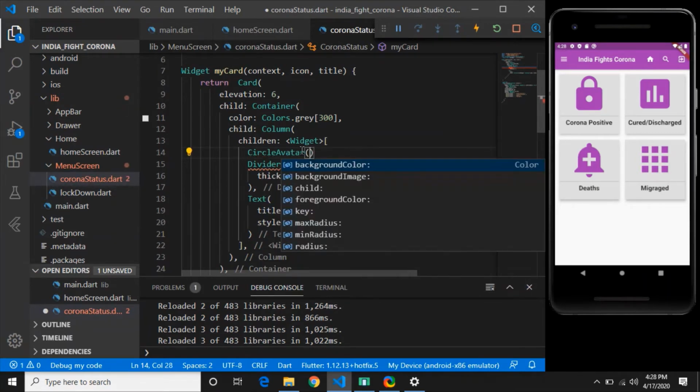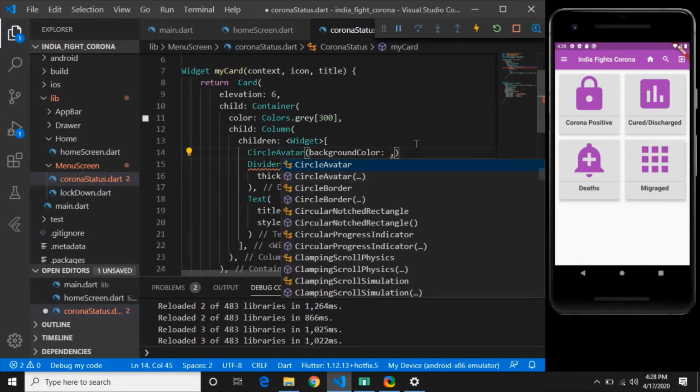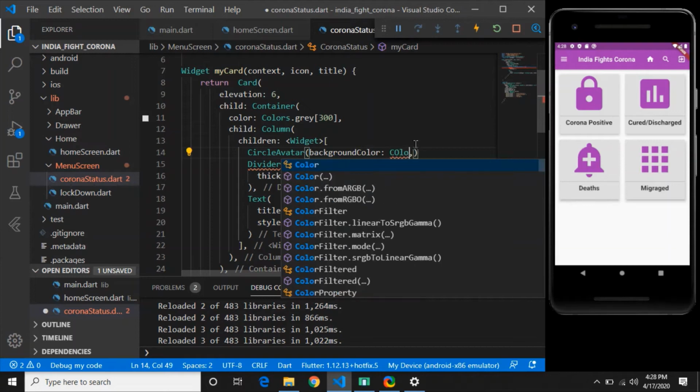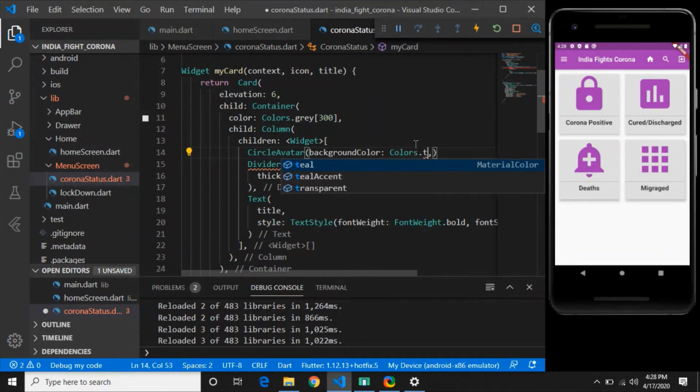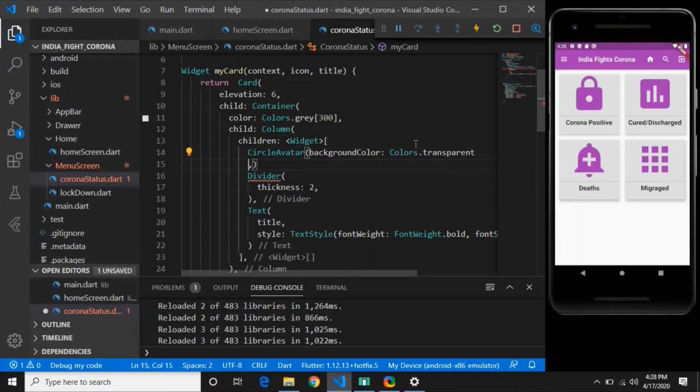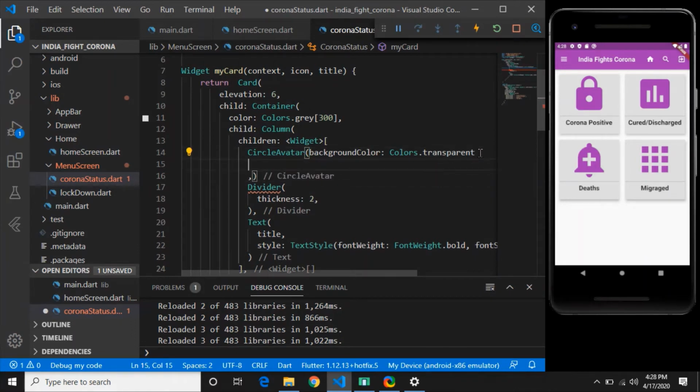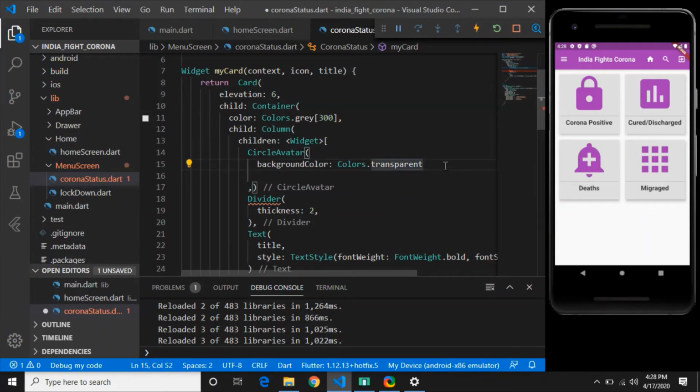So background color should be Color.transparent. I want transparent color, and along with that I will add a circle avatar. So if you want to see the effect, I will just quickly show you how it's happening.